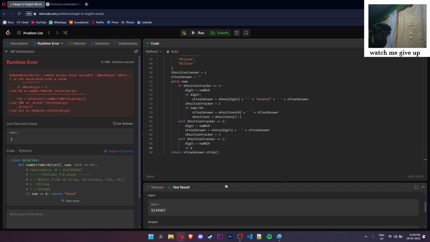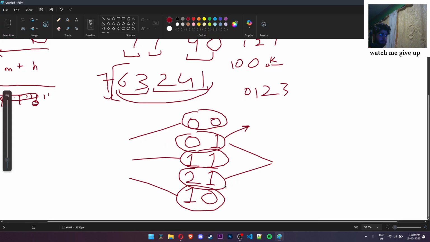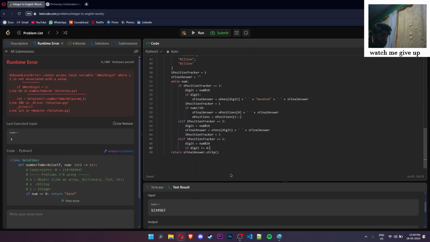If digit not equal to 0, we run this, but then we need next as well. So next digit equals